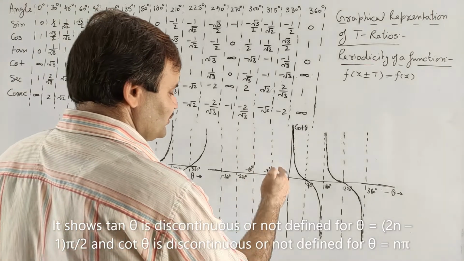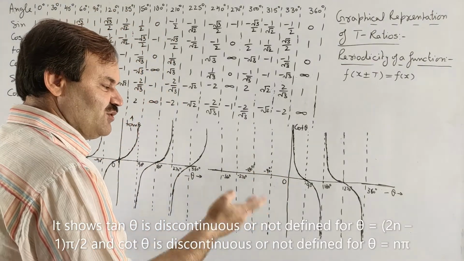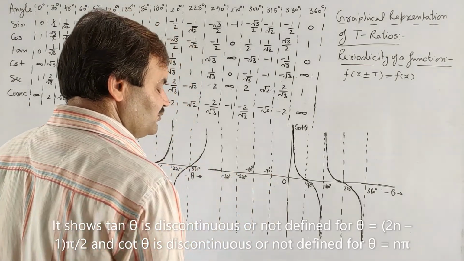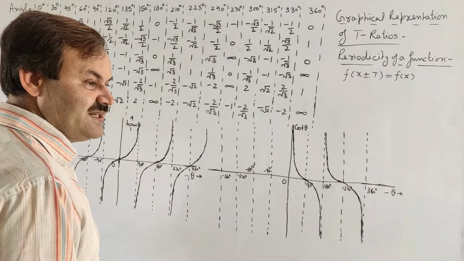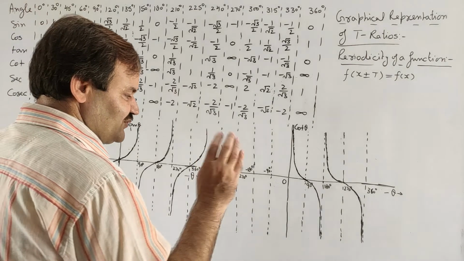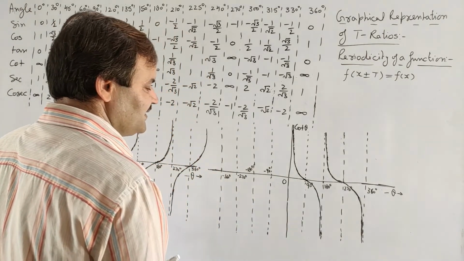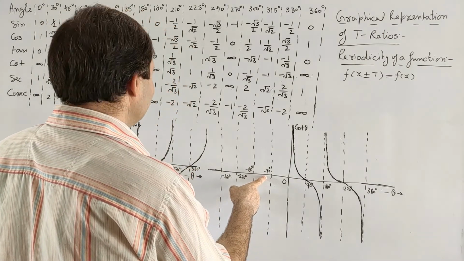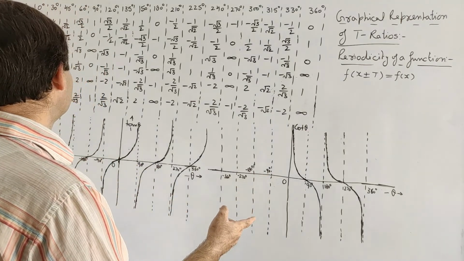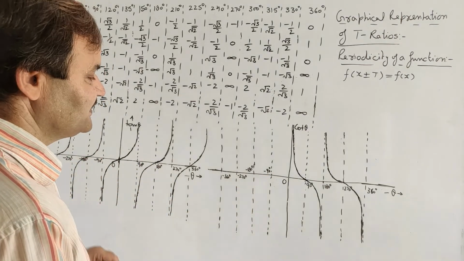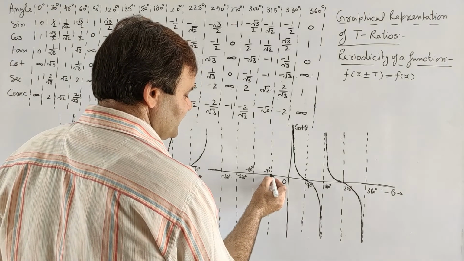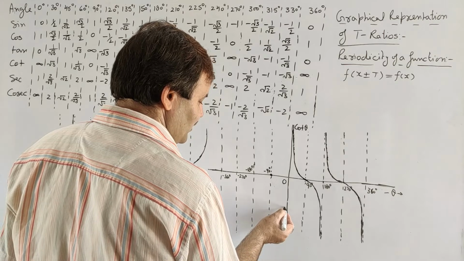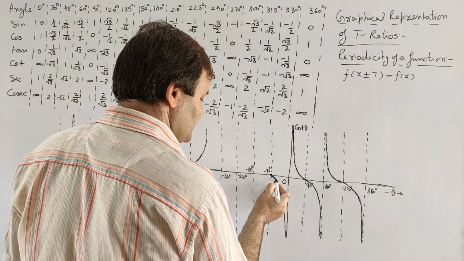Now if we come to 0 to minus 90, cot of minus theta is also minus cot theta. So from 0 to minus 90 degree, that is in the last quadrant, that is the fourth quadrant, cot will be negative, so the value of cot theta will be negative. Cot of minus 90 means minus cot 90, that is 0. So here the value will be 0, and the graph will come out to be of this shape.